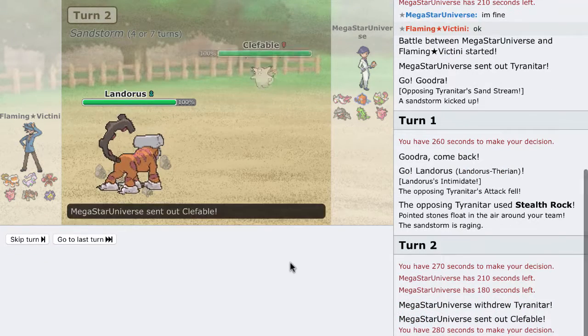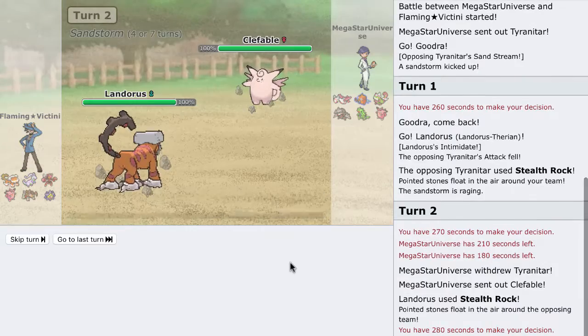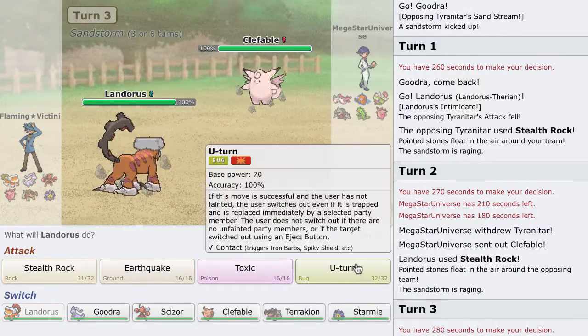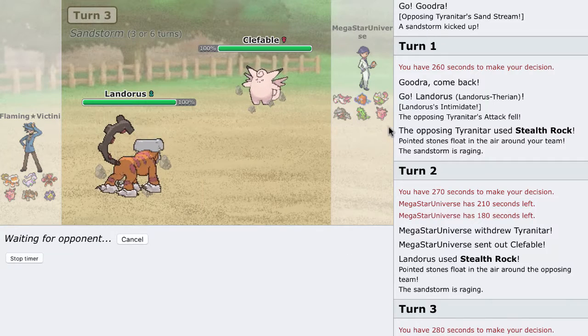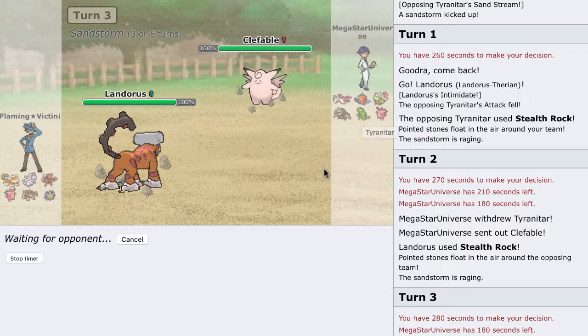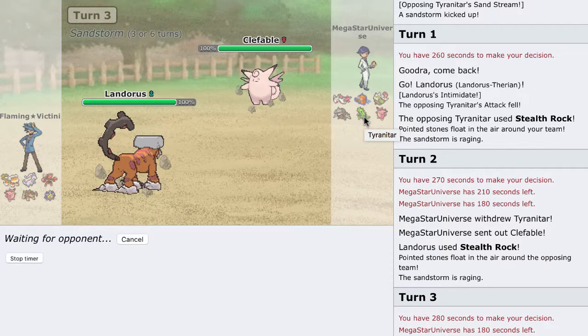It could also be his Torn, as he does actually go to his Clefable instead. Now, I'm not really sure what kind of Clefable this is, so I'm going to U-turn out into my Starmie. This way I can kind of scout for Flamethrower, throw out a T-Wave if I want to. Actually, I may not do that because of his T-Tar. Yeah, T-Tar is a bitch, but